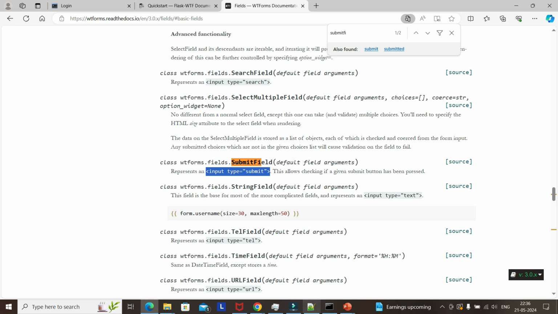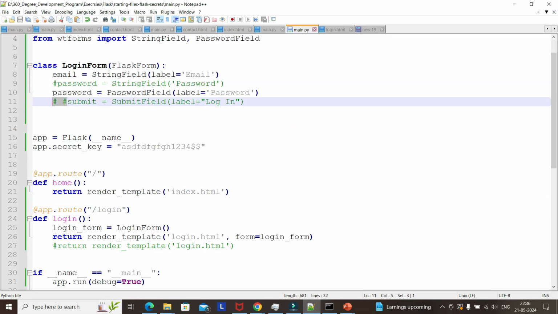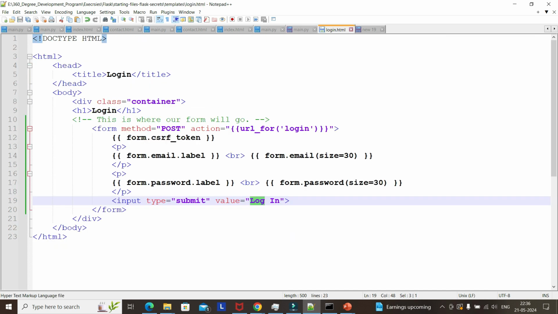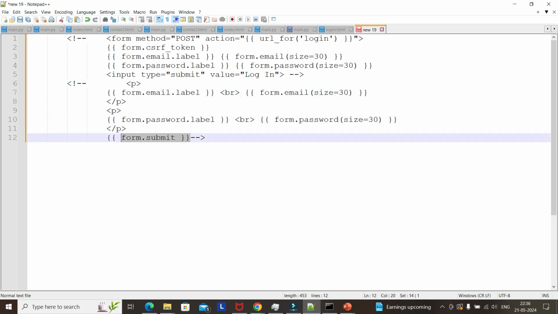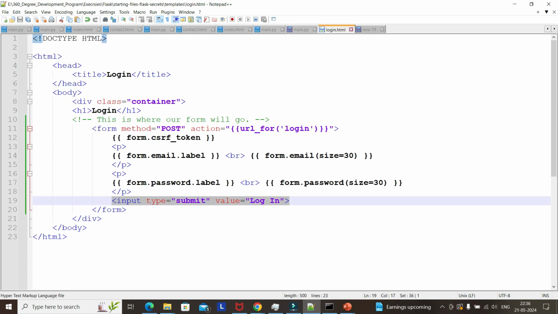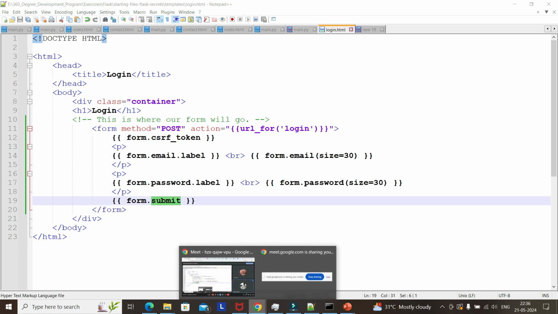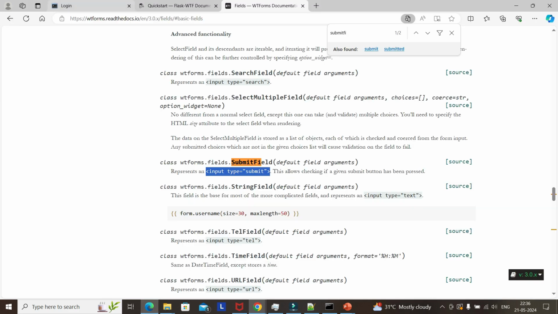So here what we will be doing, we're going back to main.py and we are just creating a submit field. We are giving label equal to login. In the login field, instead of this input tag, we are giving form.submit. It is nothing but the same thing, but we are using WT forms. So whenever we call it, we are saying the submit button. There won't be any change. So when I go back and refresh it,